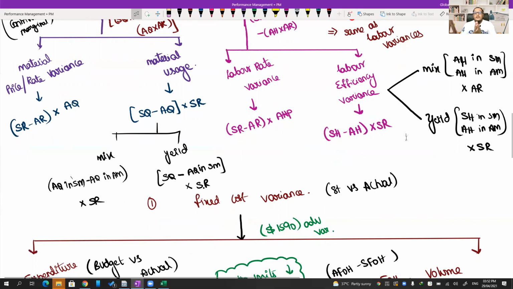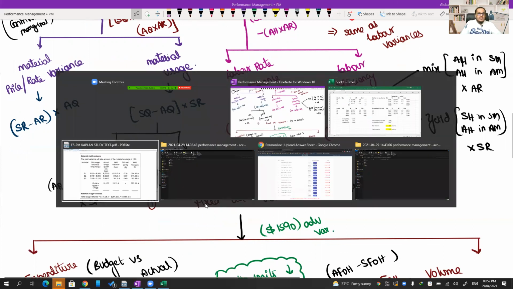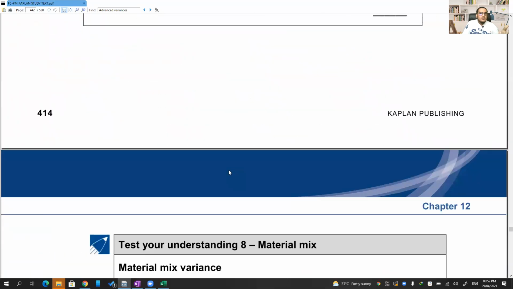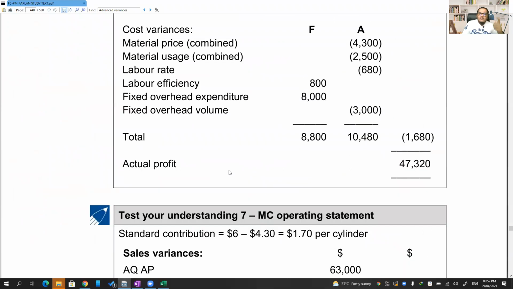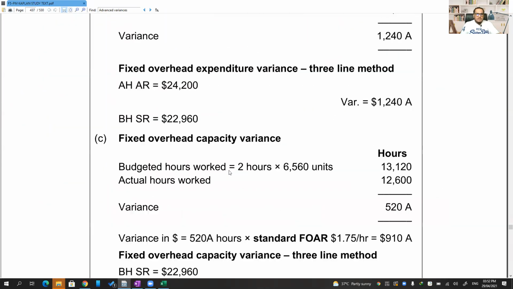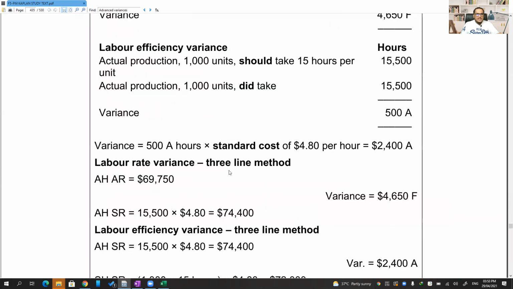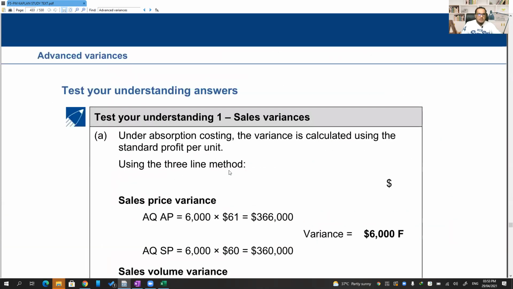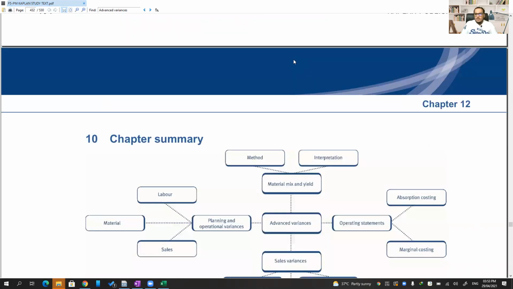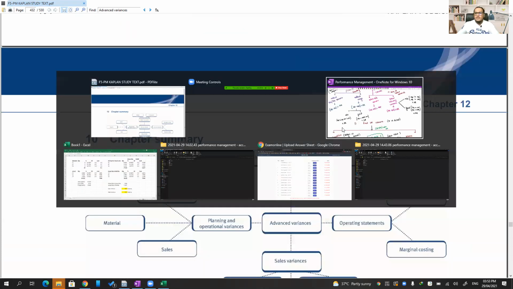Yes, okay. Done with these variances. Also, sir, for your kind information, to be very honest with you guys, let me check whether that is covered for you in the syllabus or not. I don't care whether it is covered or not, but within labor, we have something else called idle time variance. I don't know if it is covered in the syllabus. I have to go through the entire chapter to figure that out. Okay, I'm not going to do that, but if covered, then we will also cover what is there in that.